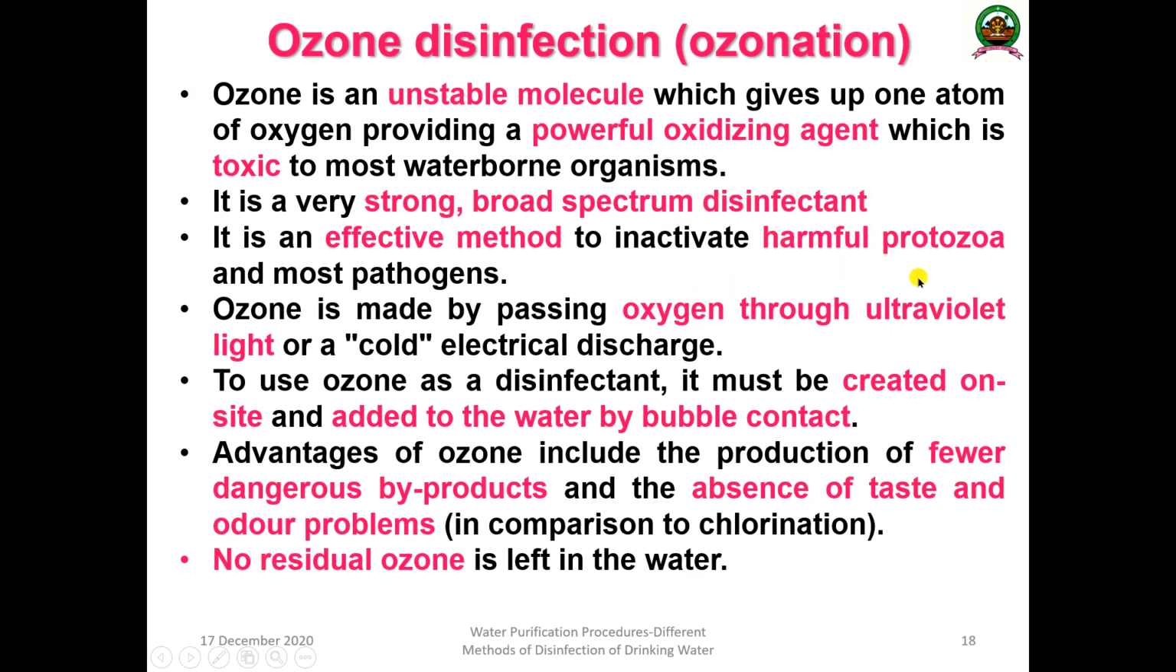Then ozone is made by passing oxygen through UV light or a cold electric discharge. When oxygen is passed through UV light, it will create ozone, or a cold electrical discharge also forms the ozone. The use of ozone as a disinfectant requires that it be created on site and added to the water